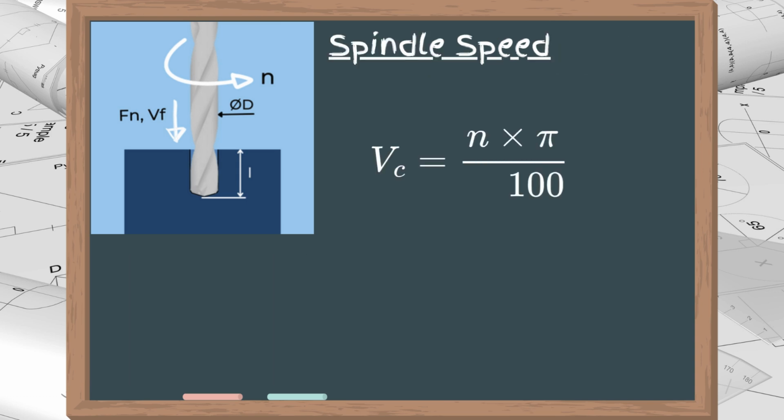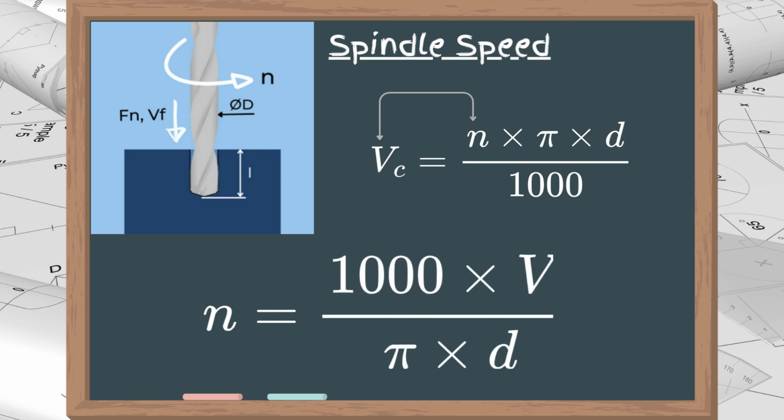The same formulas used for the cutting speed are used here. We only need to solve it for n, hence 1000, or 12, depending on the unit, times VC, divided by